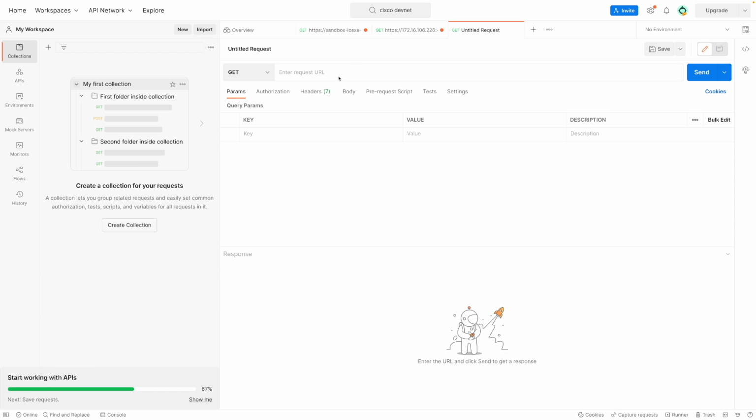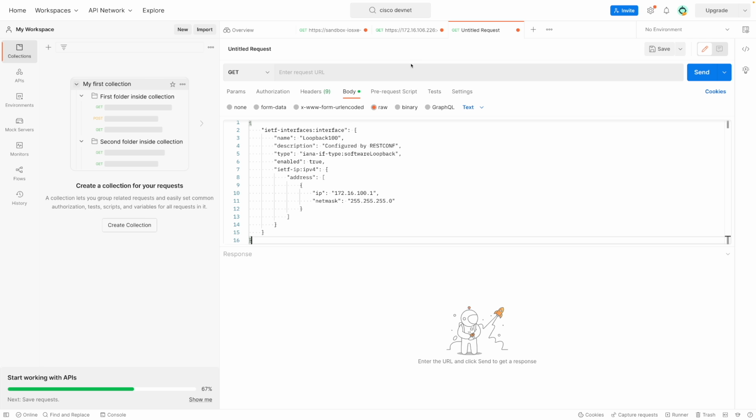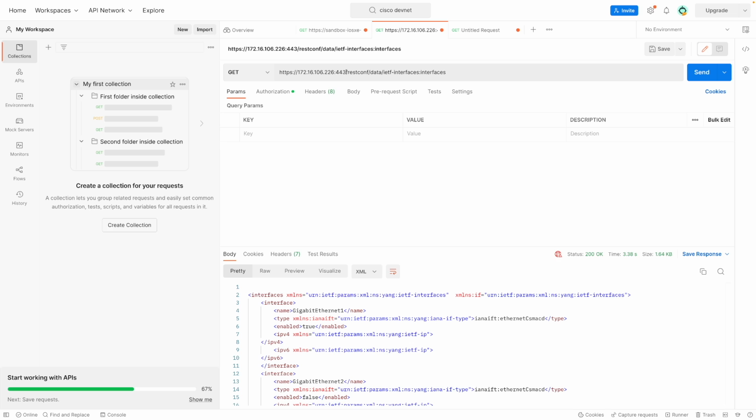Let's create a new tab. And for the body, I'll say raw, and I'll paste that in there. Now again, I'm doing this on my local router, so I'm going to go back over and get this same information. It's going to be that same